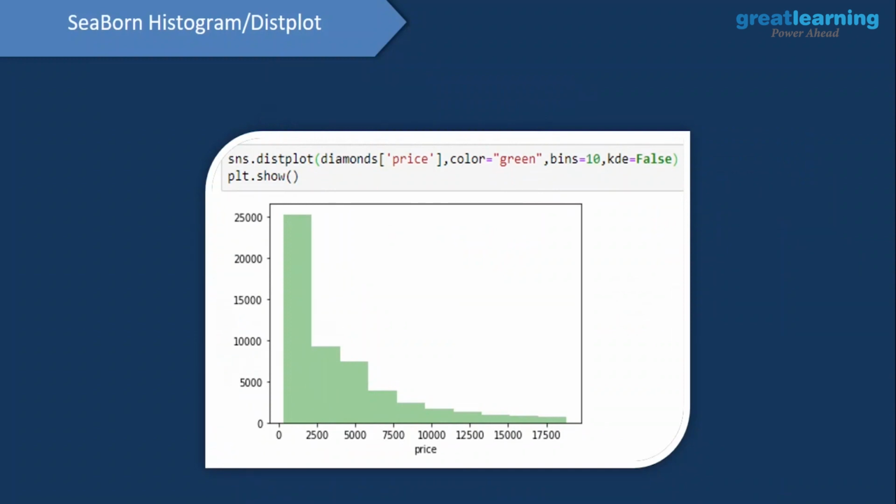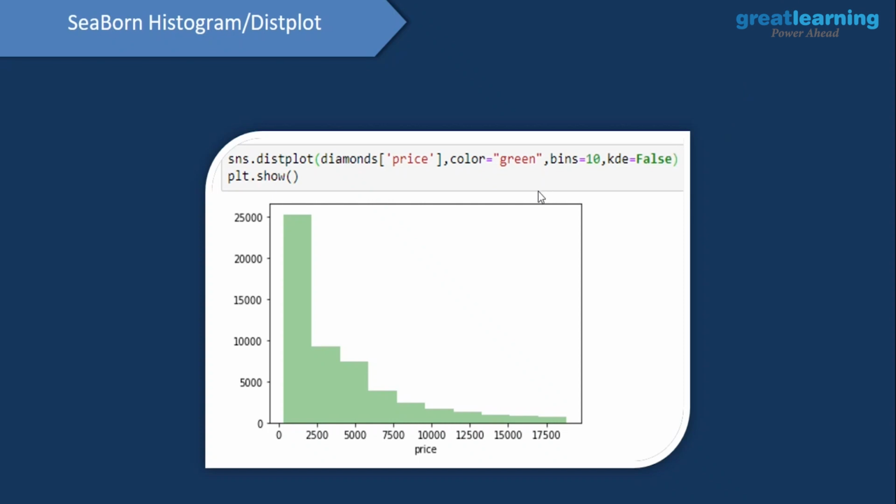Now if I want a distribution plot without the frequency curve, which would mean I'd want only the histogram, then here I will set KDE equal to false. So in the distribution plot, either we can have both the histogram as well as the frequency curve, or we can just have the histogram, or we can just have the frequency curve. To just get the frequency curve, we'll set hist to be false. To just get the histogram, we'll set KDE to be equal to false.